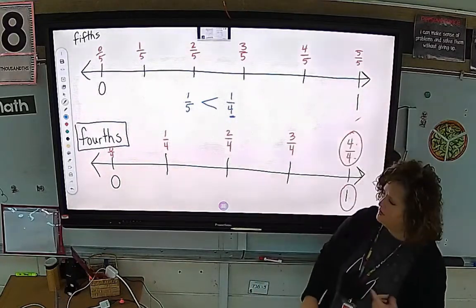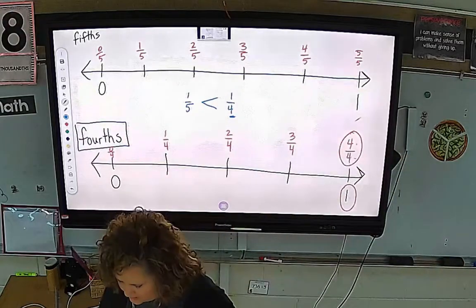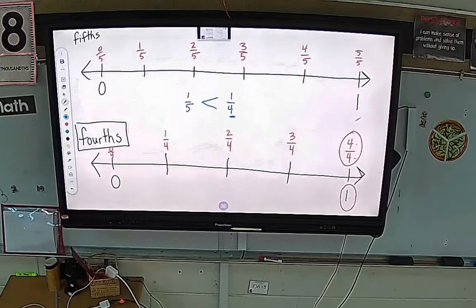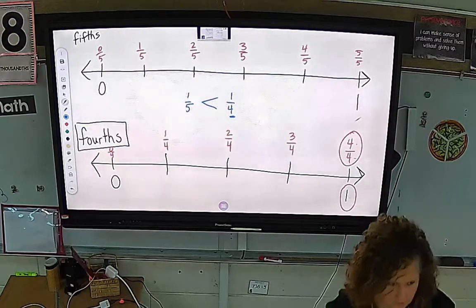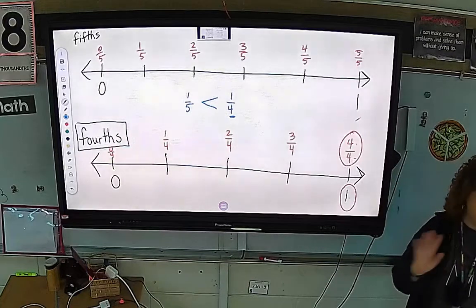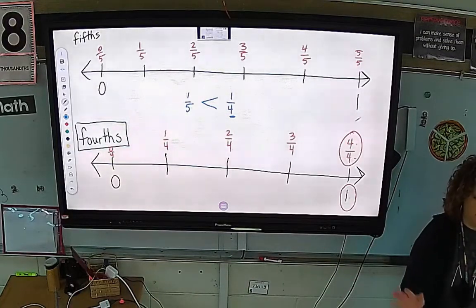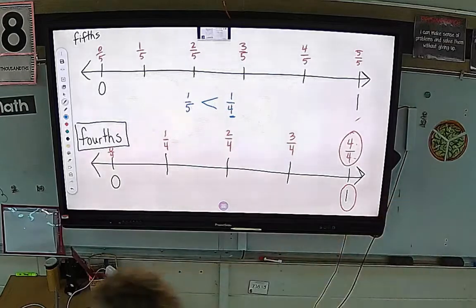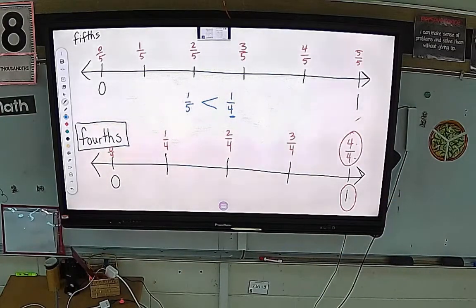Okay. All right, so let's look at this down here on the floor for a second. We have a number line. I know that it might be hard for all of us to see exactly, but this is going to be our 0. And our 1 is down here. And if you can see it, what is our number line cut into? Thirds. Okay, it is thirds. Raise your hand, but it's thirds. Okay. So we would have,